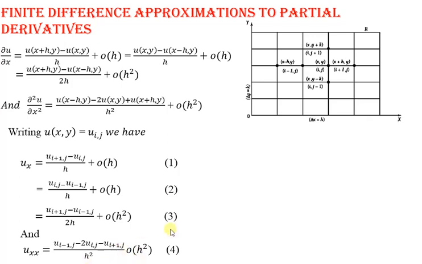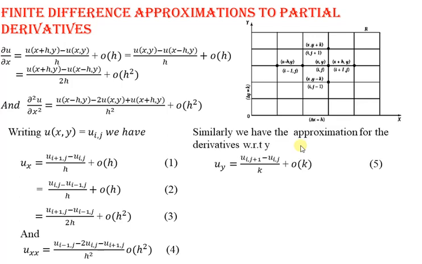So we will get these four equations along the x direction. And if you observe, as we are taking only the x direction, there is only an increment in i. The j value is constant for all the equations, and only the i variable changes: for forward it is i plus 1 and for backward it is i minus 1. In the same fashion, we can write the derivative along the y direction. For the y direction only, there will be an increment in j and i remains constant.